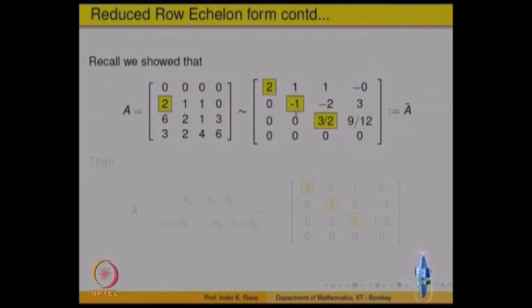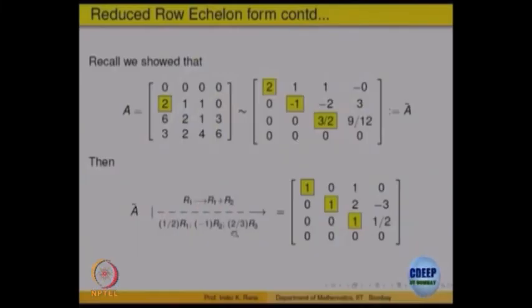So, the way of attaining the reduced row echelon form is not unique, but the form is unique. You can first make every other entry in the column 0 and then make the pivot 1, or make the pivot 1 and then make every other entry in that column equal to 0. So, once you do that, this is what it will become. I have written those operations here, but you should try to do it yourself. I might have made an arithmetical mistake, that is a possibility, but the idea is this should be 1. The first pivot which was 2 earlier should be 1 now. Here it was -1, that is 1 again, and 3 by 2 has been made 1.